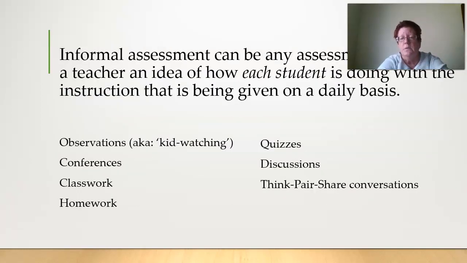Informal assessment, as we've talked a little bit about already, is any assessment that gives us an idea of how each child is doing with that instruction. So we can do observations, those running records we talked about. You'll also hear that called kid watching, because really that's what we're doing. We're watching kids to see if they really are getting what they need to get. Conferencing with